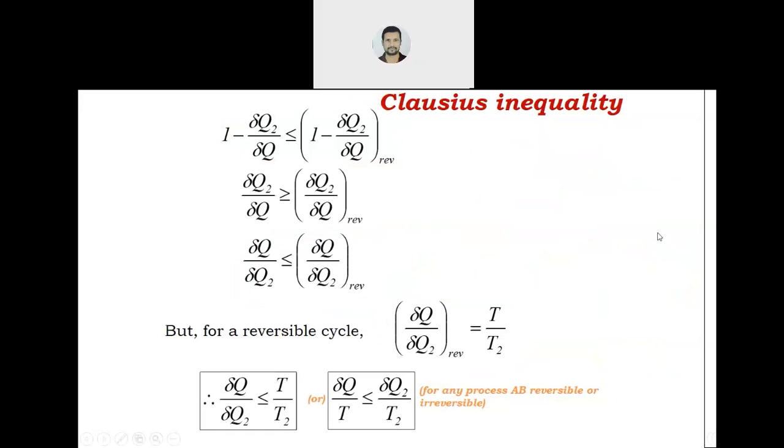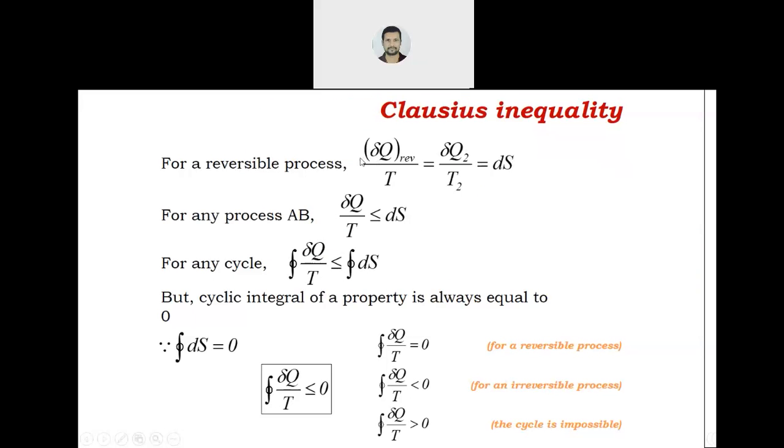Now coming to the next, from the Clausius inequality principle you got dq by T equals ds for a reversible process. In Clausius theorem you have read this, or you can say when we taught that entropy is a property, it is given by dq by T, same thing. Now for any process dq by T will be either equal to ds or less than ds. Note down this important thing. This whole slide is very important. These are nothing but summaries or conclusions.